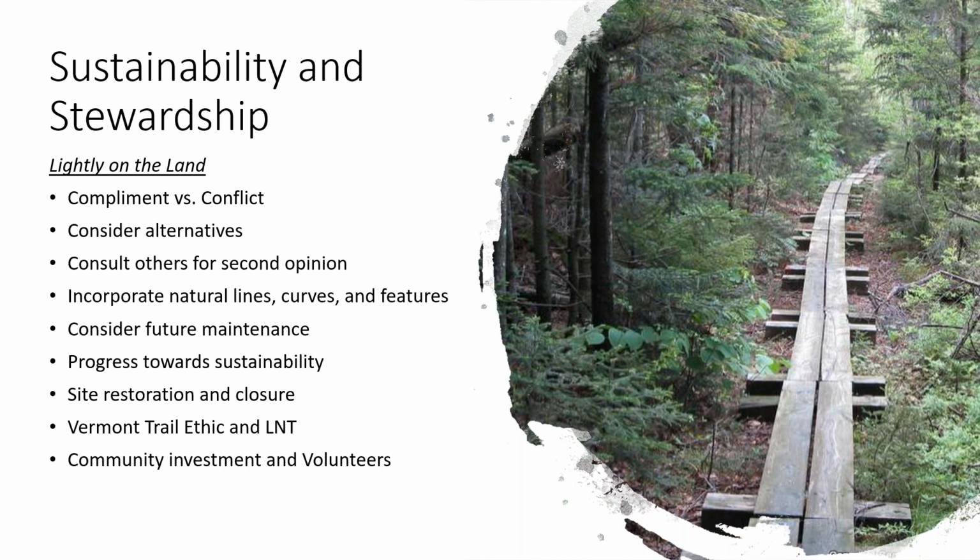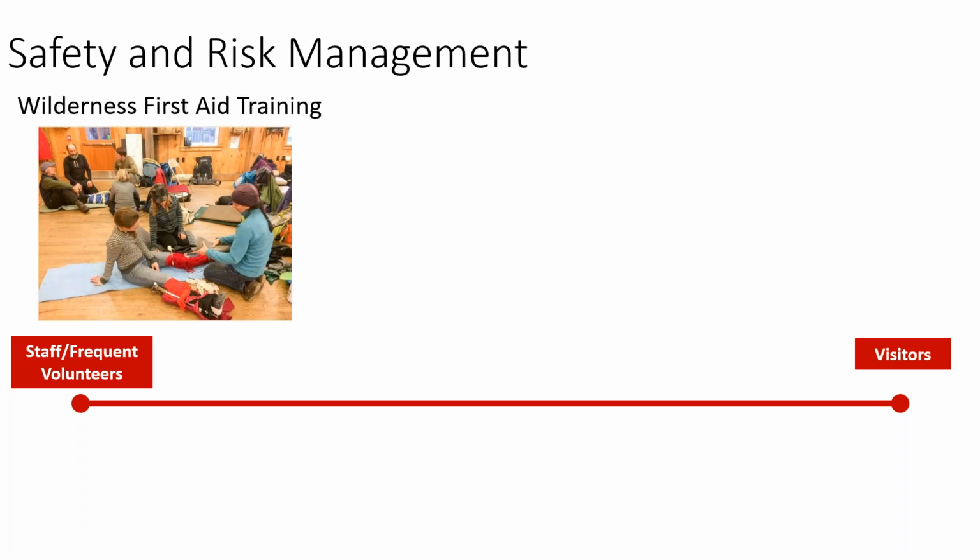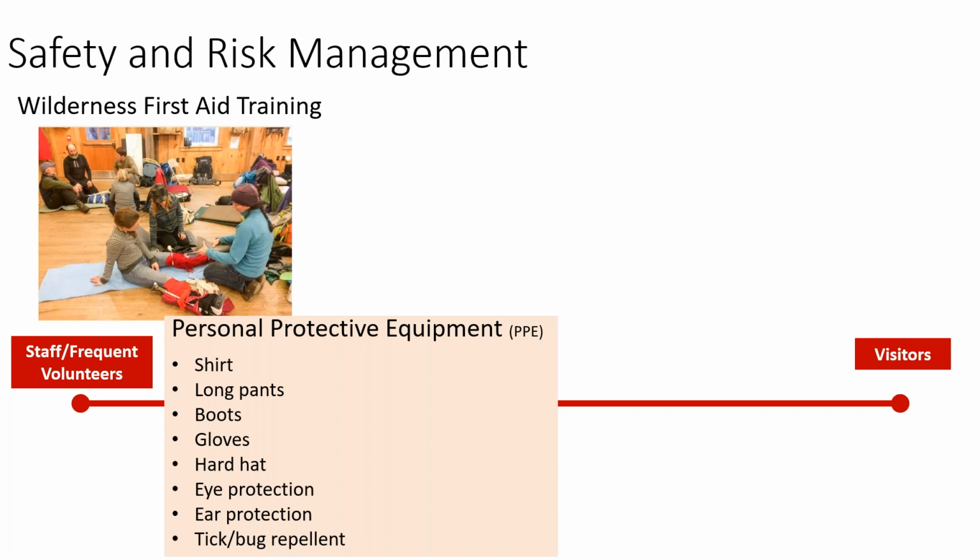All right, and finally, we're gonna do safety and risk management. And I have this set up on a spectrum because I feel like your staff and frequent volunteers might need a higher level of safety and risk management than your visitors. So down over at your staff or frequent volunteers, you might make the investment of having wilderness first aid training. You can go over personal protective equipment at the beginning of each volunteer day. You do what's called